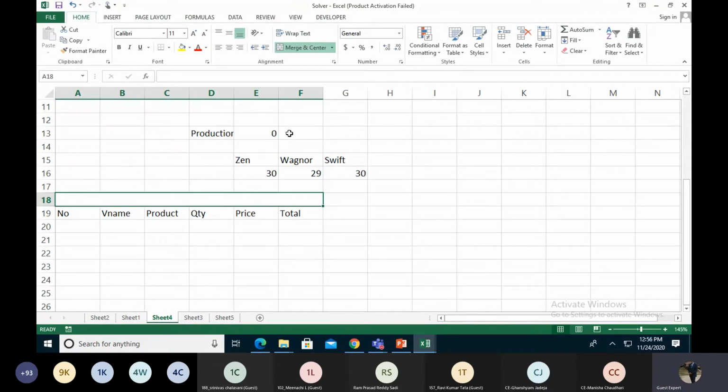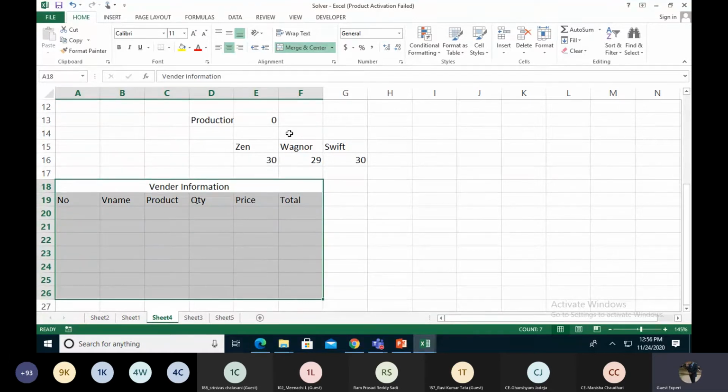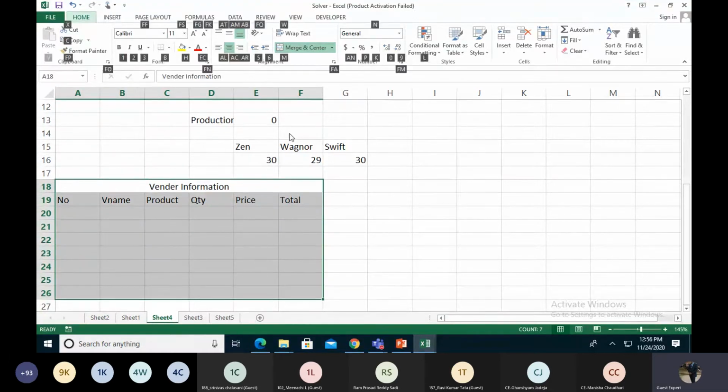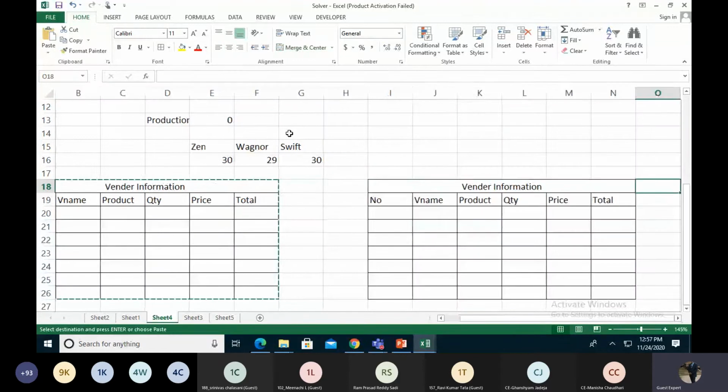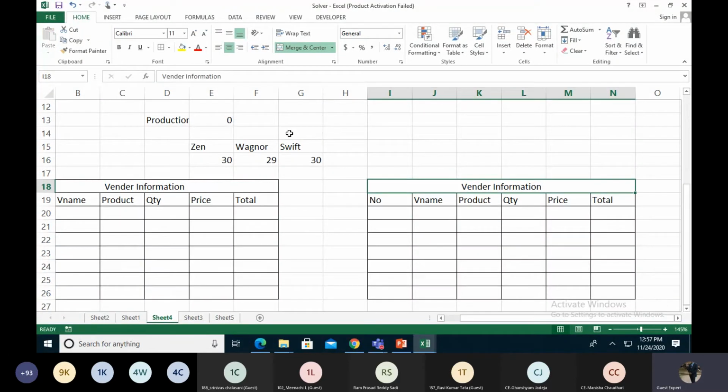So vendor information, okay. I'm only taking a few entries over here. I just copy these things and put them over here. So right now this is my customer information.